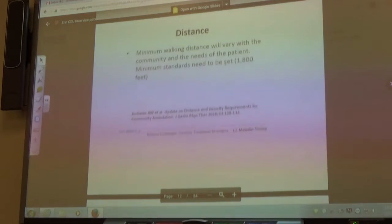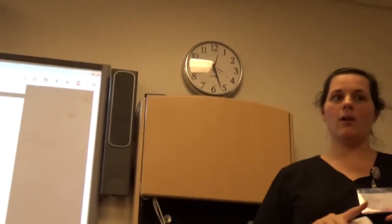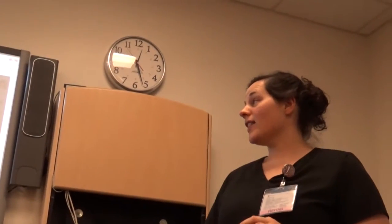I thought this was huge. How many people have heard, oh, if they can do 150 feet, they're fine? I feel like I was told that all the time. They did a research study, I can't remember exactly, 2010. So it's a few years old, but there have been some research studies where people went out and measured the distance needed to perform errands, like going to the bank, going to the store, going to the pharmacy, whatever. And they found that the minimum standard for somebody to walk was like 1,800 feet, which really struck me because